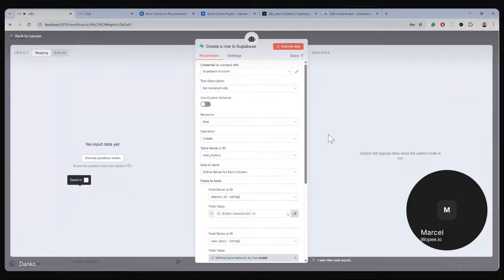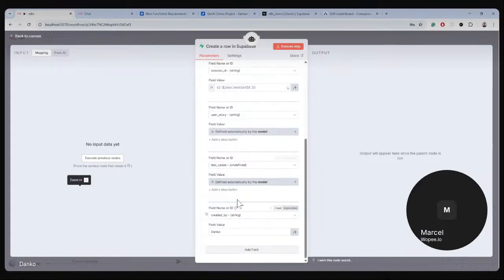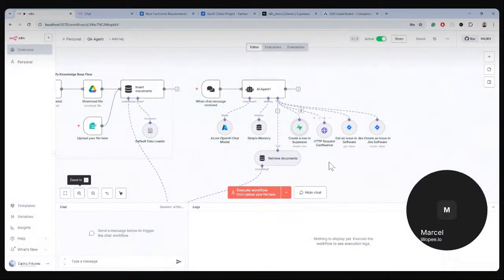That was the tools, and then I have also created a long-term history to store the information when we are satisfied with the generated test cases. We can instruct the model to save them in the database for long reference, so then some other system can pull from there, or you can load them before you generate new ones,